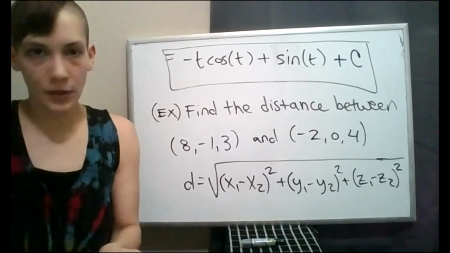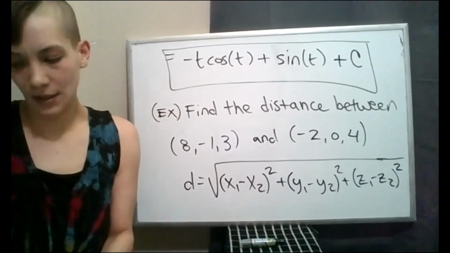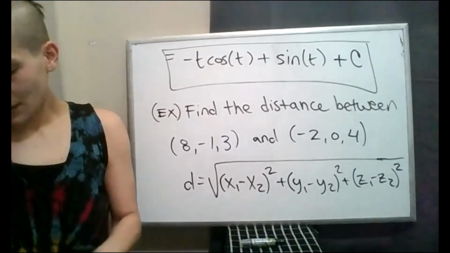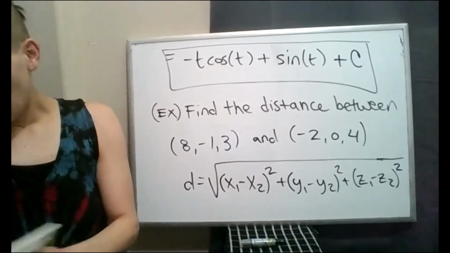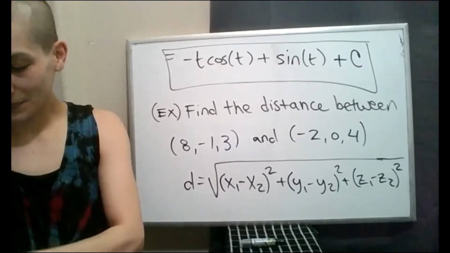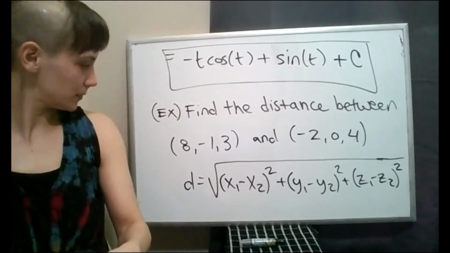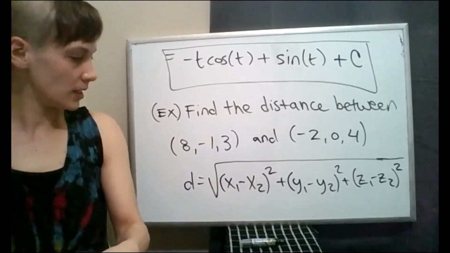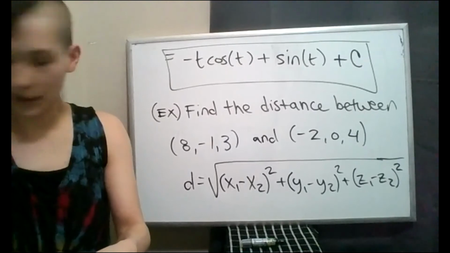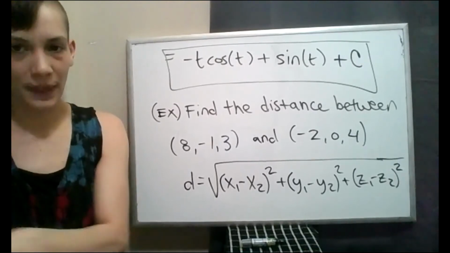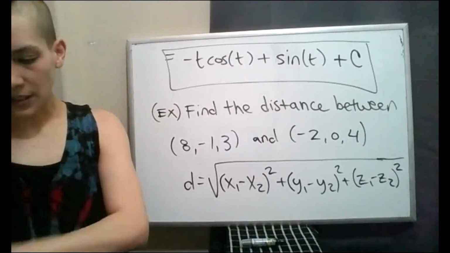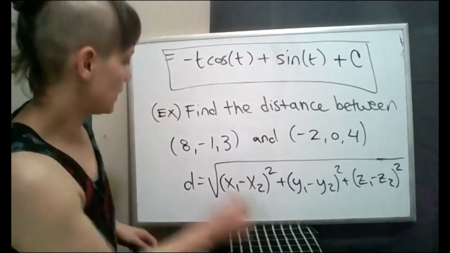Yeah, it's cool. So let's go to distance. As long as the subscripts are consistent, that would be the right formula. So let's put our values in there. We'll call this